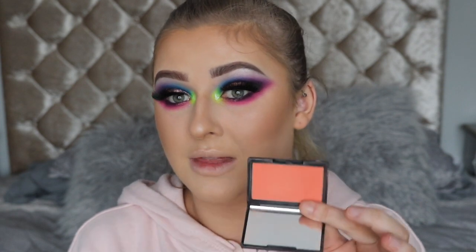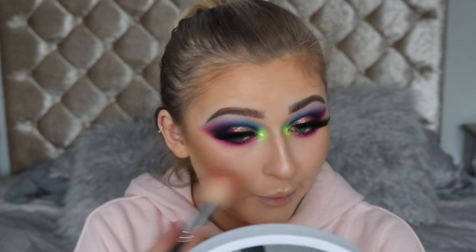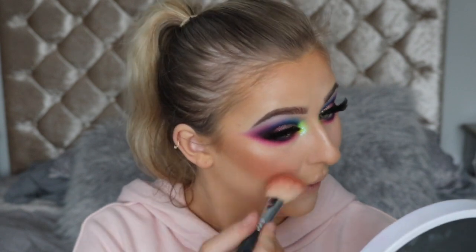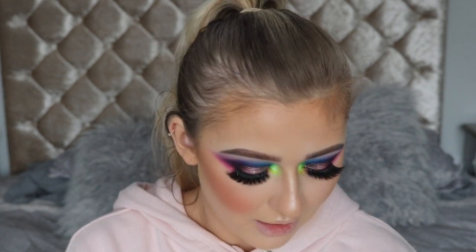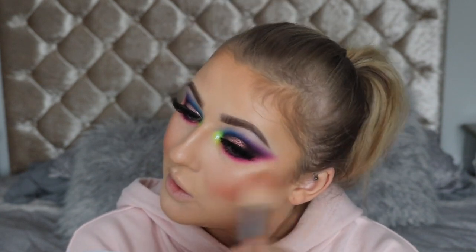Blush. I'm just gonna go in with this one. It's called Life's a Peach by Sleek Makeup. Bitch, I love a peachy blush. Oh my god, I forgot how much I love this blush. That looks crazy. It's okay, don't worry. I know. I do like to put on a lot of blush